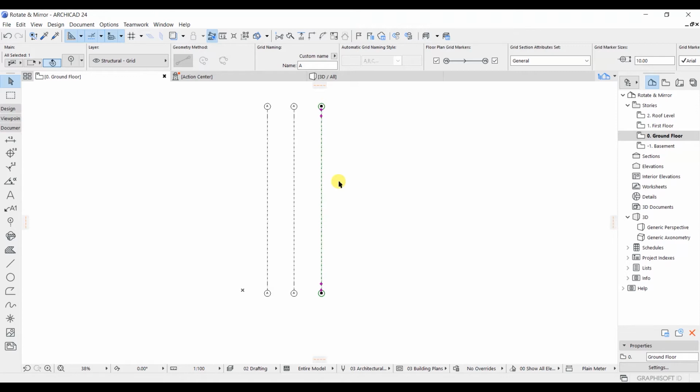This time I will enter Ctrl D, select this line, and then again Ctrl, and this time I will set this as 600, enter.